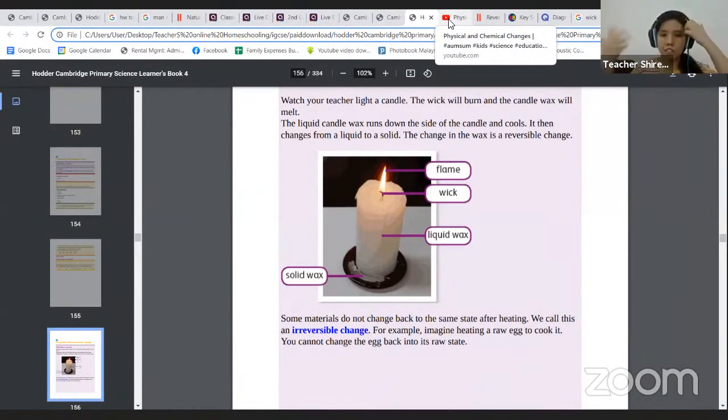Means reverse it back. Okay, so like for example, you boil the water, now the water becomes hot. But can you reverse back to the original? Yes, you just leave it at room temperature. It will reverse back. Got it? That's called reversible change. Means you can redo it. Irreversible change is something that cannot change. Okay, cannot redo it back. Like for example,